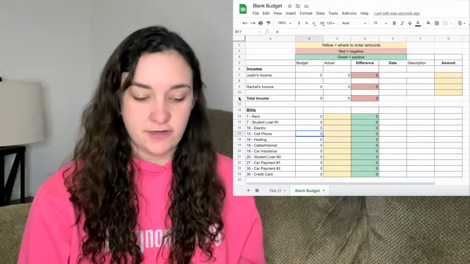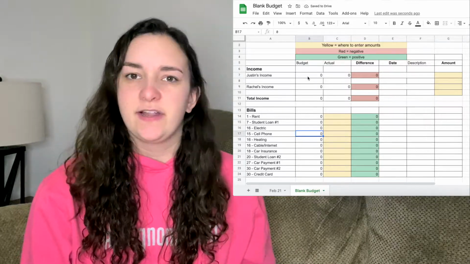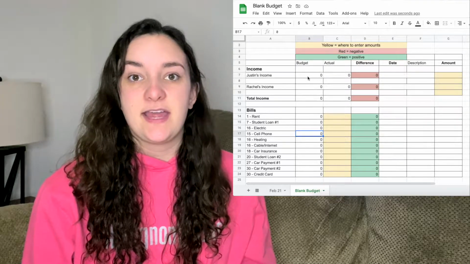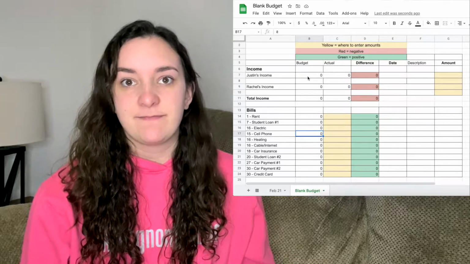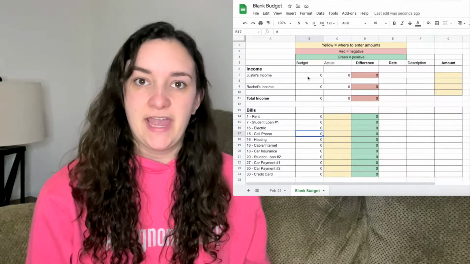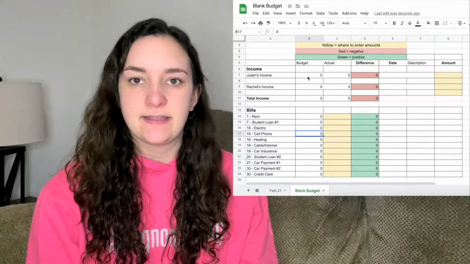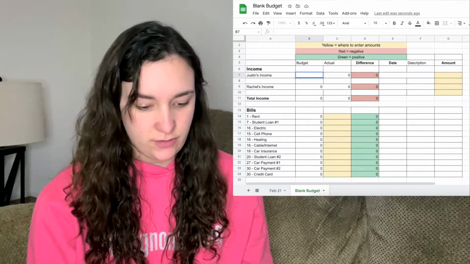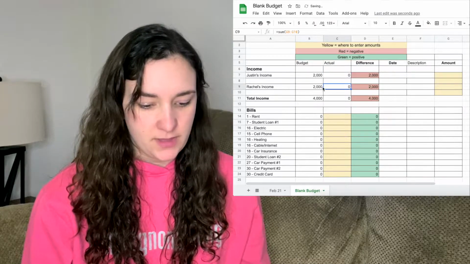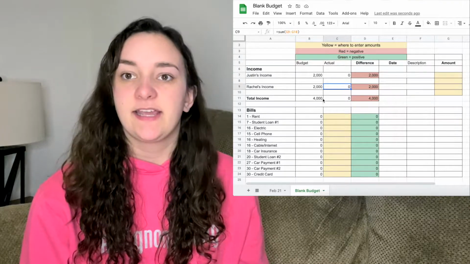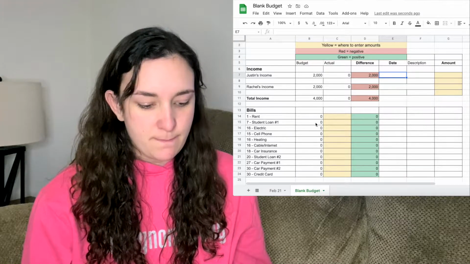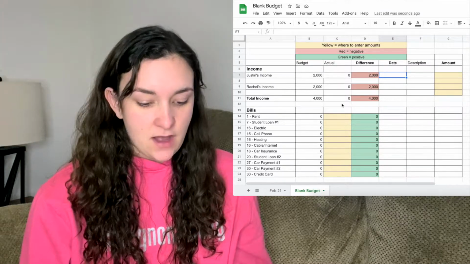We know how much we make every 2 weeks, and so we double it. We don't factor in like trying to take your annual income and dividing it by 12 to get a monthly amount, because then we're always going to be negative except for those few months that you get paid extra. So we always calculate it based off of just what we would get in 4 weeks. So say Justin makes $1,000 every 2 weeks, I would put $2,000 as our budget here, and then say I make the same, and I have it all set up with formulas. So as soon as I put that in, it automatically calculates our total income, and then that is the budgeting column. So this is how much we budget that we will make, but then this column is actual.